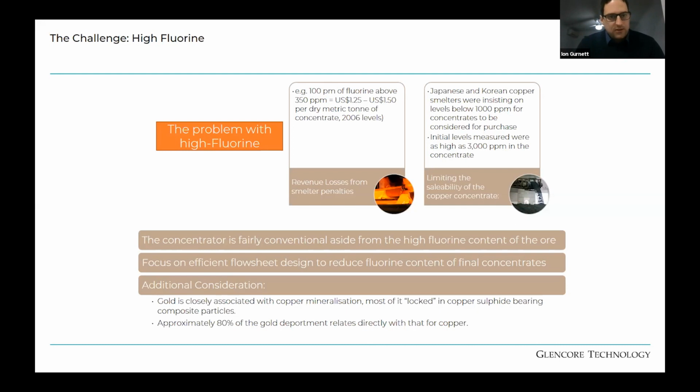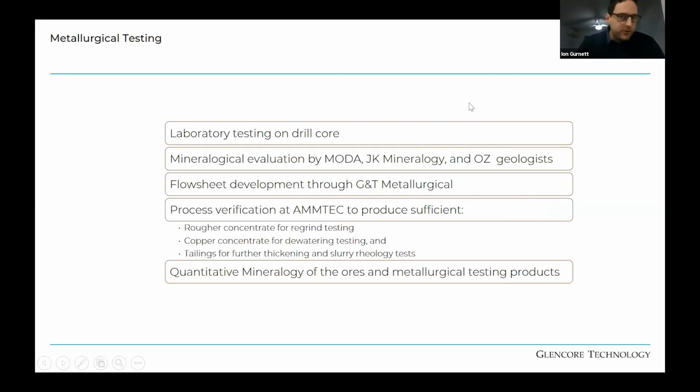When we looked at it, you had to realize that the gold was closely associated with copper mineralization and locked in the copper sulfide, and 80% of the gold development related directly to the copper. This is a kind of driving factor behind the design. A whole load of laboratory testing was done on drill core, mineralogical evaluation conducted, flow sheet was developed, process was